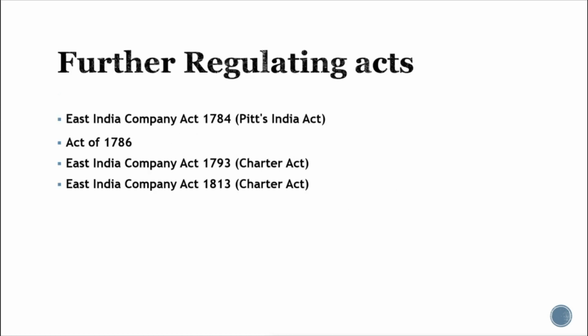Now there were many further regulating acts passed with the same aim to control the East India Company. It is even said that at one point of time the company had its own private army which was two times more in strength than the actual British army, and the territory that it was controlling was also more than the British itself. This was an obvious cause of concern for the British Parliament. Hence, we see that the British Parliament took over the direct administration in its own hands in coming years.